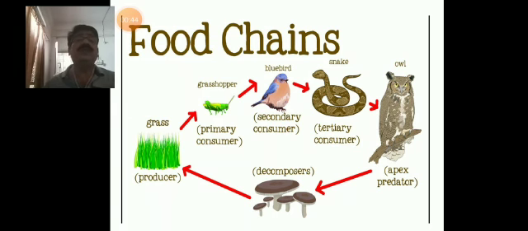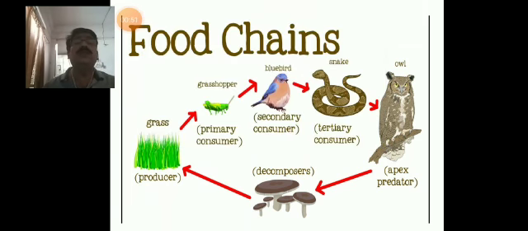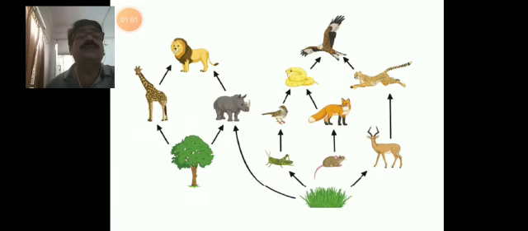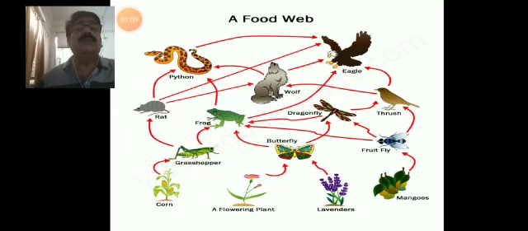There is a flow of energy from the sun to the producer, that is the plant, and then it is taken by the primary consumer. Primary consumers are consumed by the secondary consumer. So there is a flow of energy at every level. So here you can see another food chain, which is a sequence of energy levels from one trophic level to another one. So now coming to the food web.